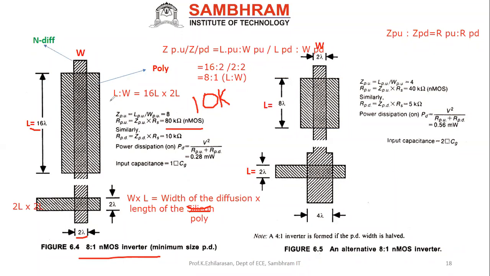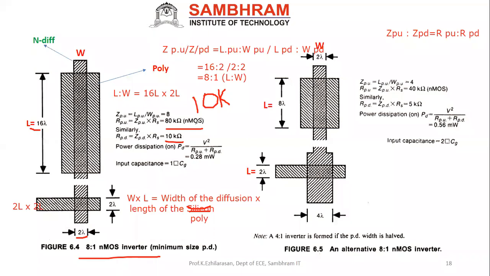That is for your pull-up resistance. Similarly, you have to do the same for pull-down resistance. The pull-down resistance, nothing but what? RPD is equal to, similar formula, ZPD into RS, where ZPD is nothing but, what is ZPD now? ZPD is 1 actually, correct? Because 2 by 2 is 1, into RS is 10 kilo ohm, will get us 1 into 10 kilo ohm.